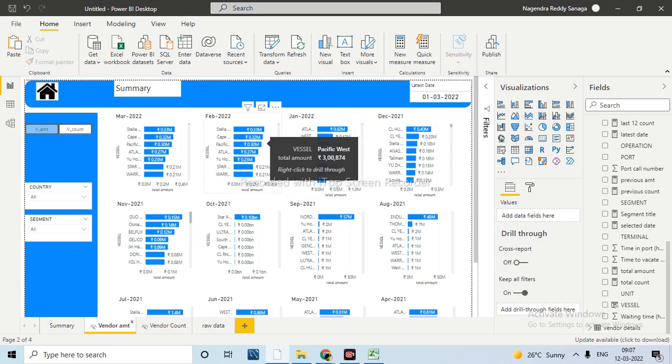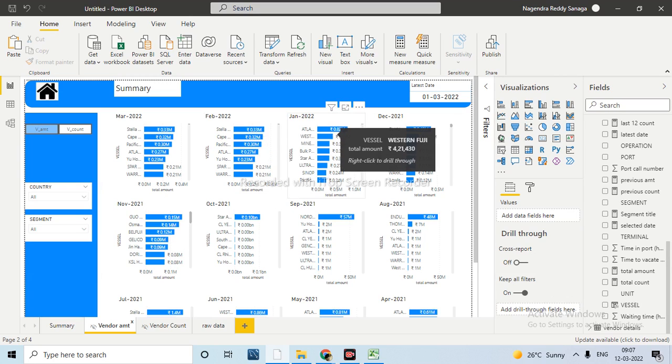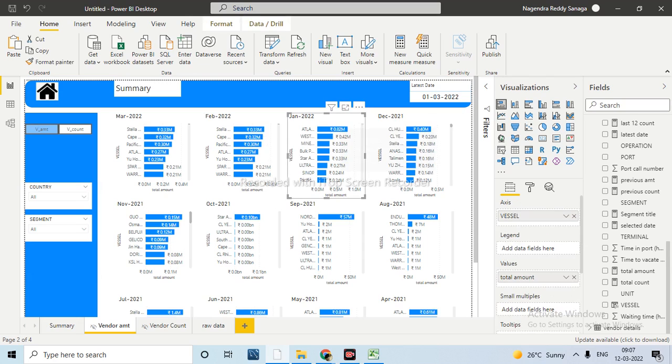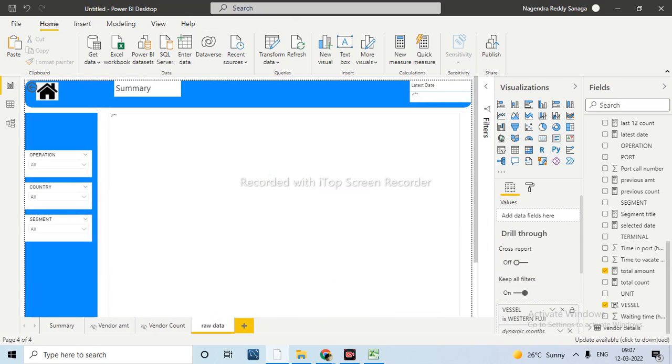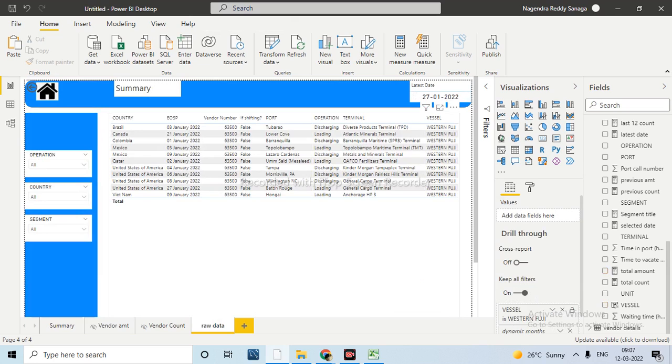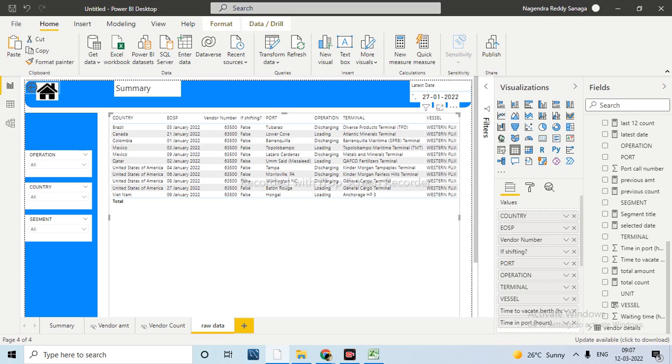Here I am taking anything, just for example, right click, drill through, you will go to raw data, because there we have applied the drill through filter. Now if you come here, automatically that information is filtered for January 2020, which we have taken, and that particular customer name. Automatically the back button will also be created, because you need to go back.